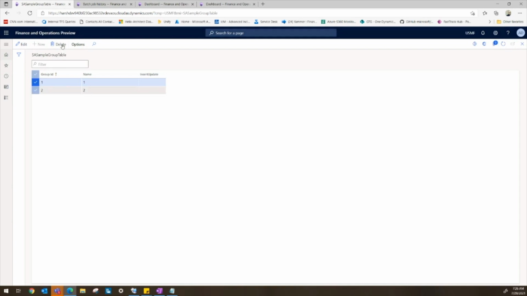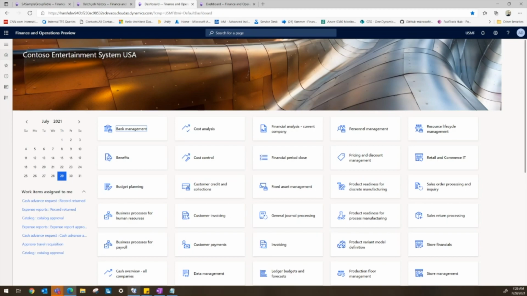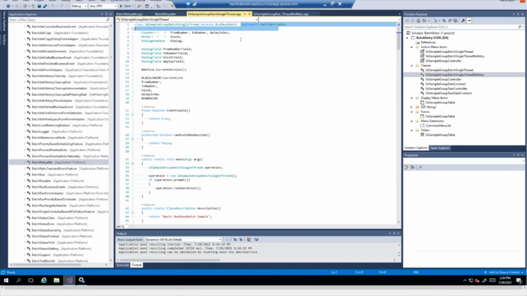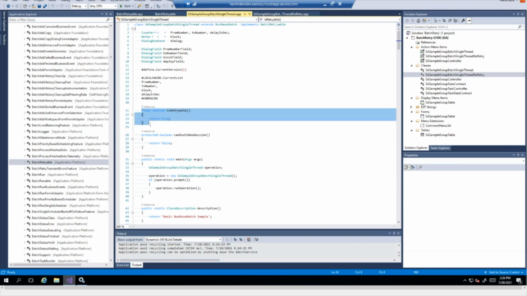So let me delete the record and show you another batch job where I have implemented the batch retrieval interface. It's pretty simple, the same class, but I have implemented the batch retrieval interface here, and I have overridden the isRetriable method, which returns true.